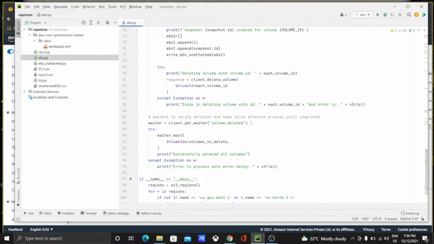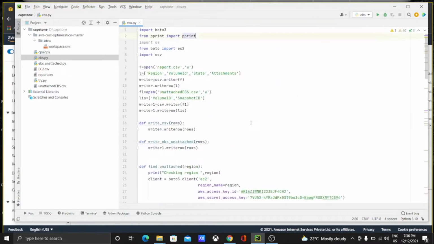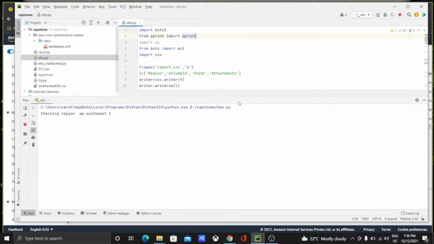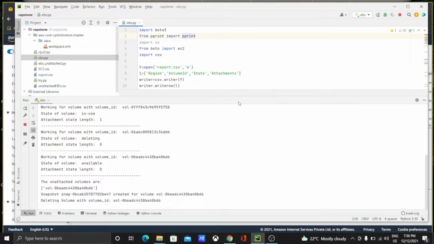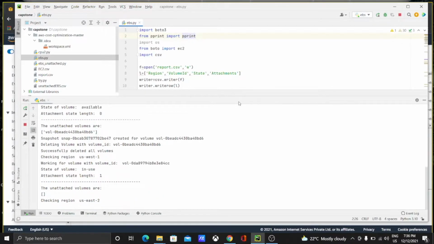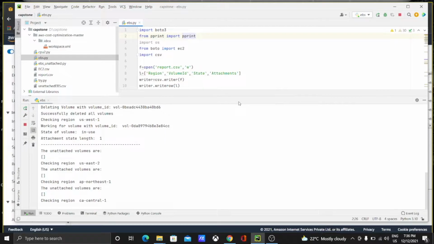This is the Python script to find the unattached EBS volume and take a snapshot of it before deleting it. So let's run the script. The script has started running. In this Python script, it loops through all the regions of AWS and finds out the details of all the EBS volumes. It creates a CSV file, that is the report.csv file, as output that will give the details of